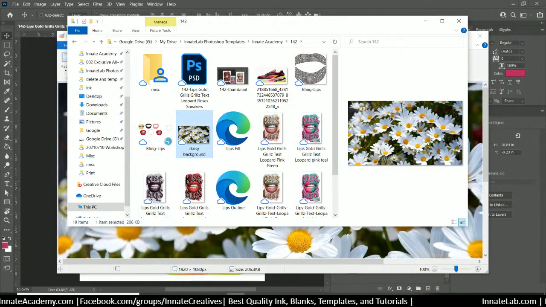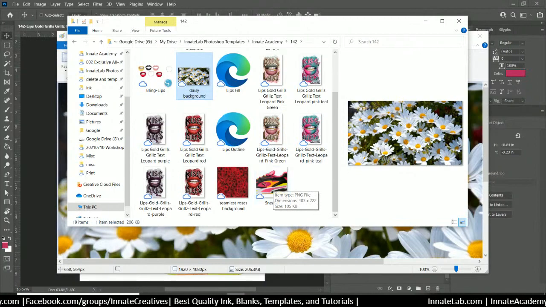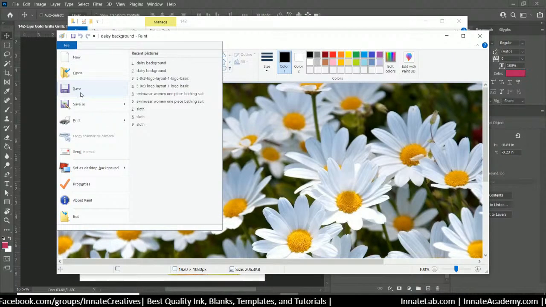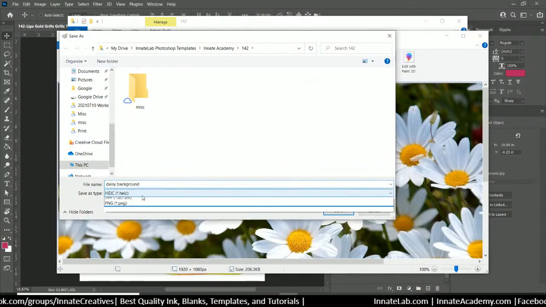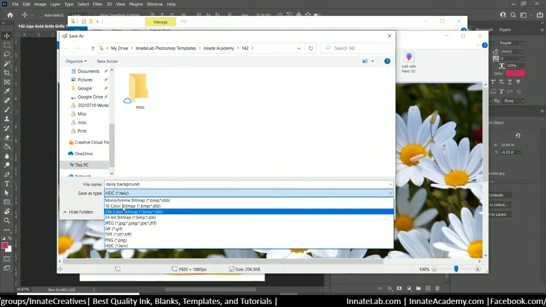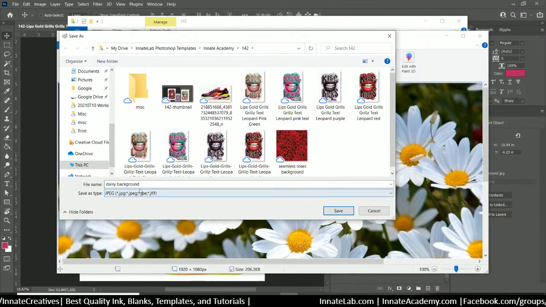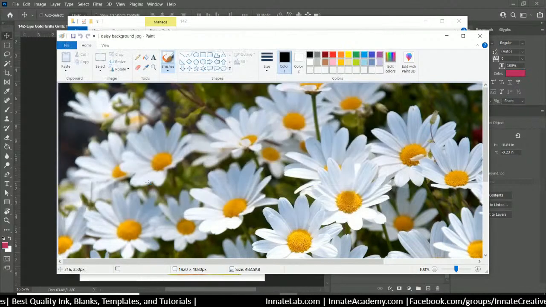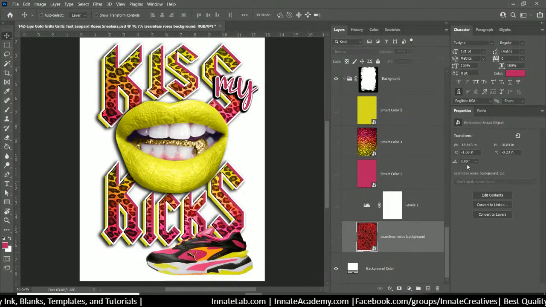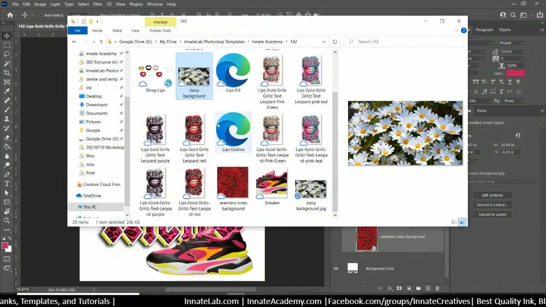Is that still my WebP image? I should have saved it. That's still not the right file, so I didn't save it as a JPEG because I was talking. I'm actually just going to put that at the end so that I know. Don't put .jpeg, just put the word JPEG and then you'll know. Alright, so